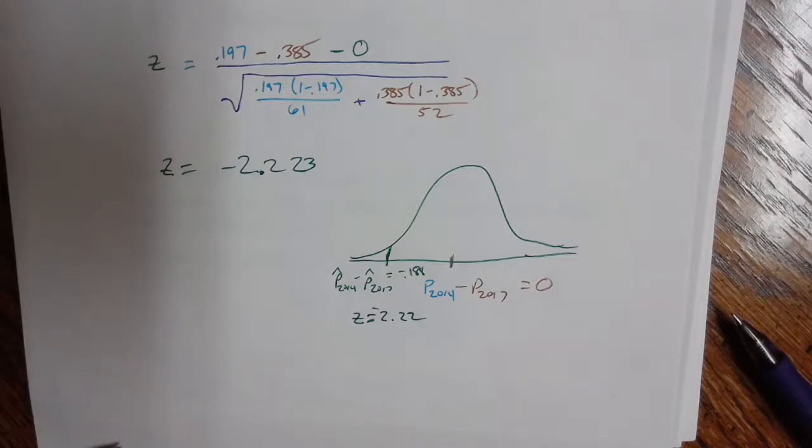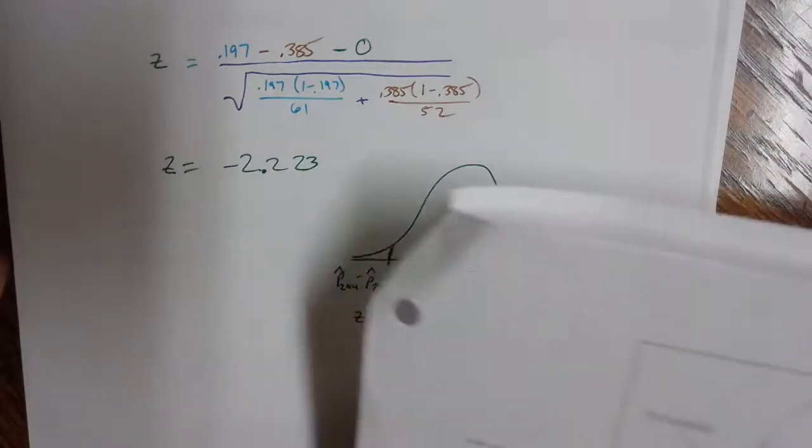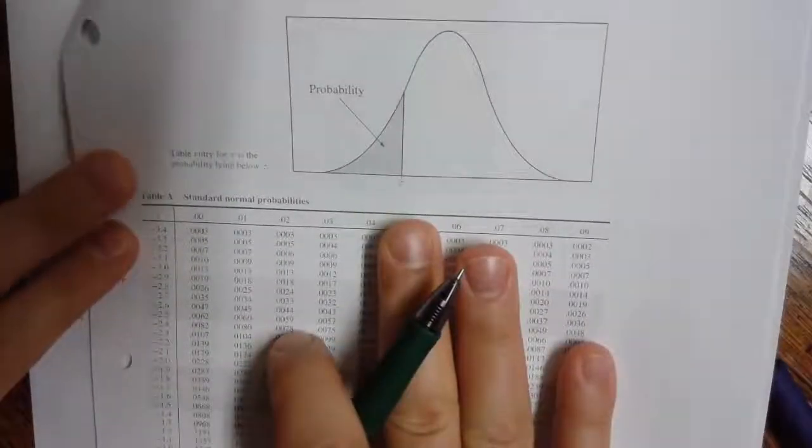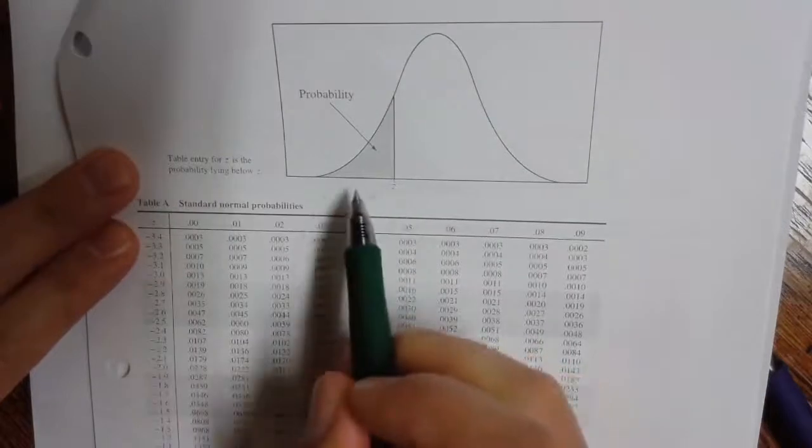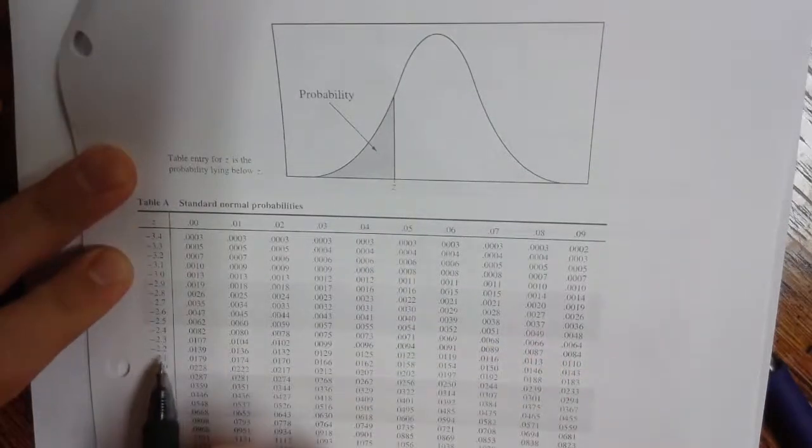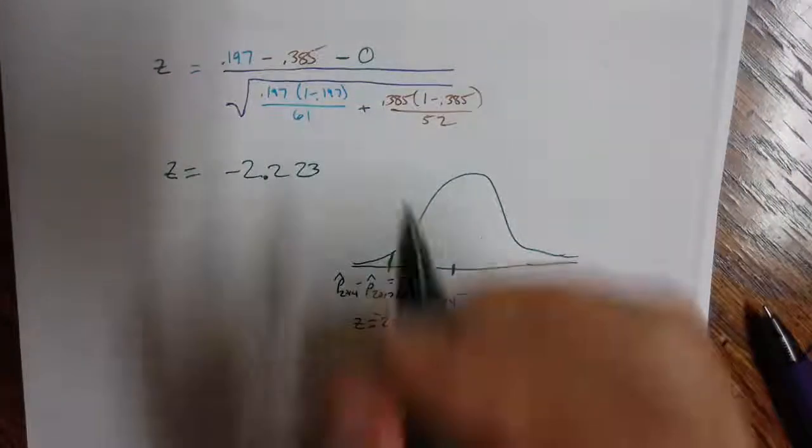Could also use a calculator for this part, but I thought a table would be perfectly good too. So what we have here, got our standard normal probability table here, and our z-score just came out to be negative 2.22. So here we go, negative 2.22 is 0.0132. So what that number means,